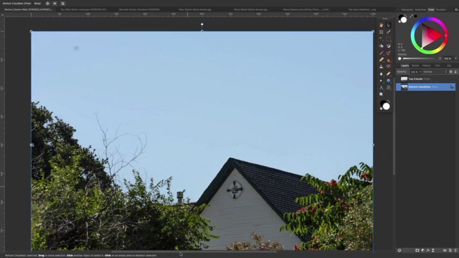Welcome to my podcast on Affinity Photo. My purpose in doing this is to understand blend options in Affinity Photo and let you know what they are all about, what the graphs mean, and how to interpret and use the graphs to blend layers. And how to blend layers will be to blend